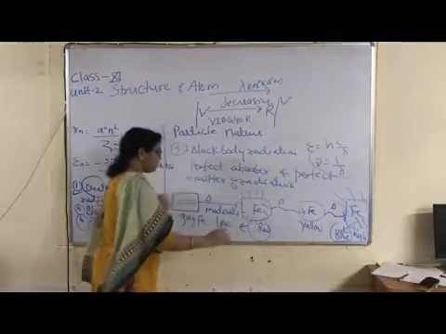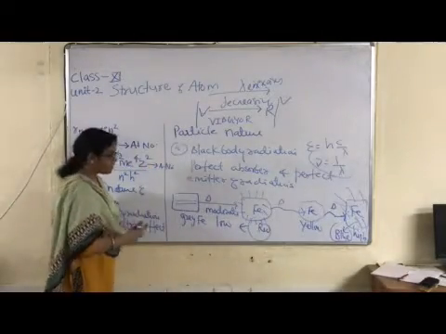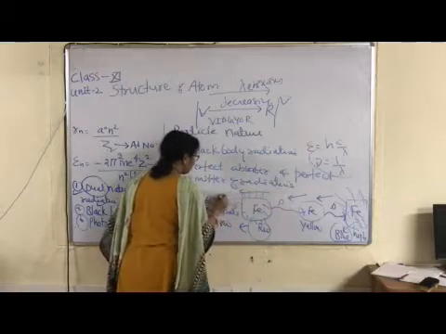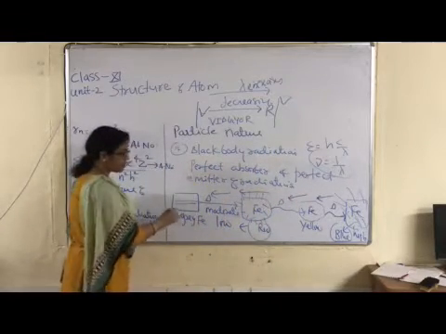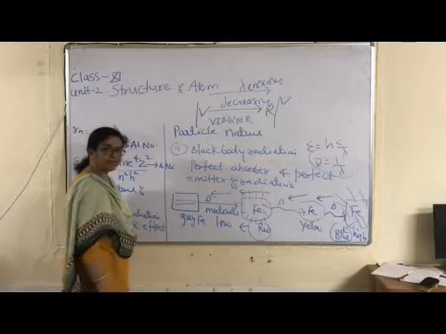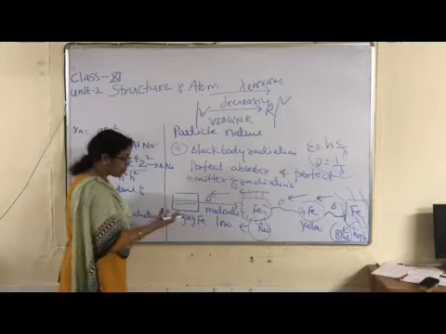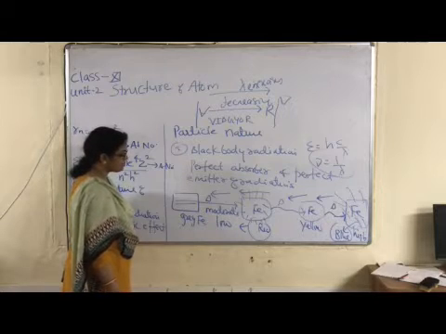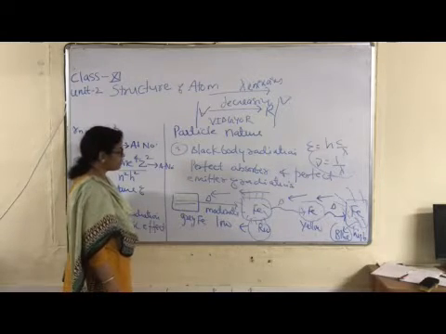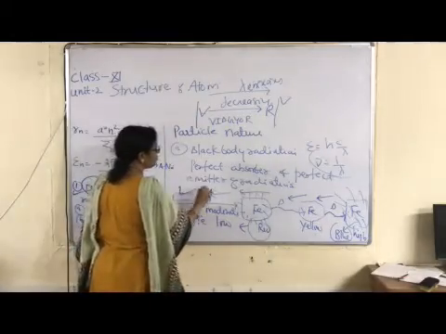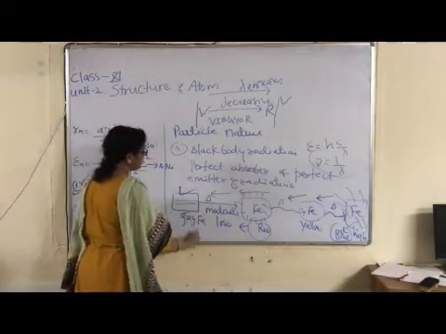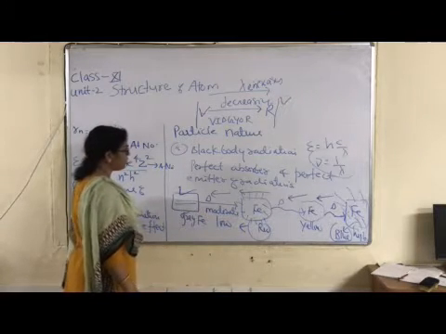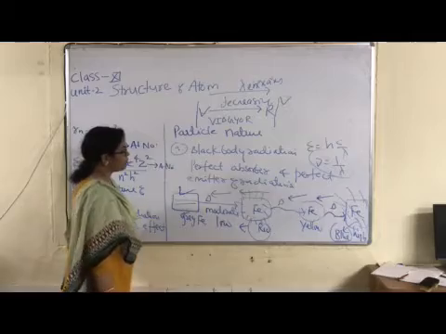Okay. And in reverse direction, at low temperature, what is observed? Reverse trend is observed from blue to red color. So in forward direction, absorption of radiations, and in backward direction, emission of radiations, right? So perfect absorber and perfect emitter of radiations is known as black body, and radiations are known as black body radiations.